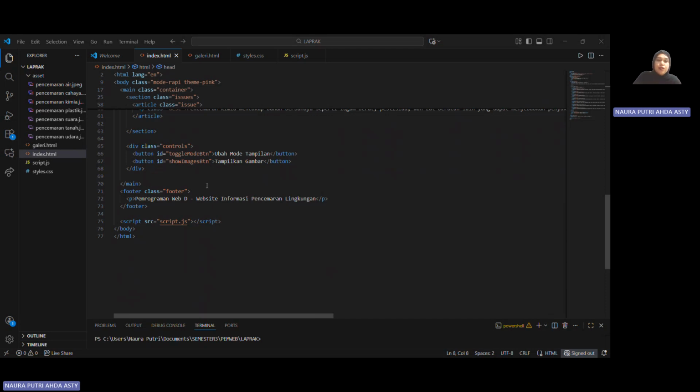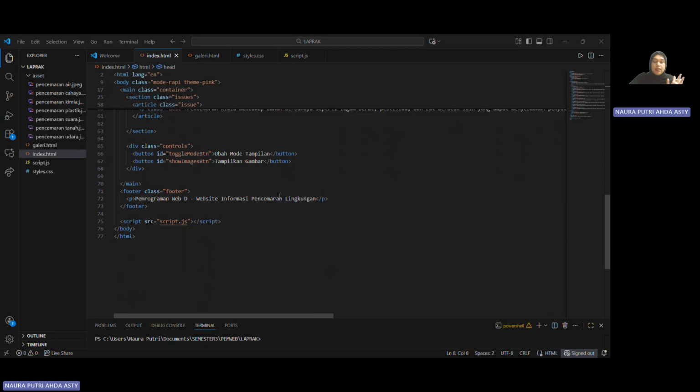The next one is the footer, a small closing section that mentions the subject I take, pemrograman web, and the website Informasi Pencemaran Lingkungan.